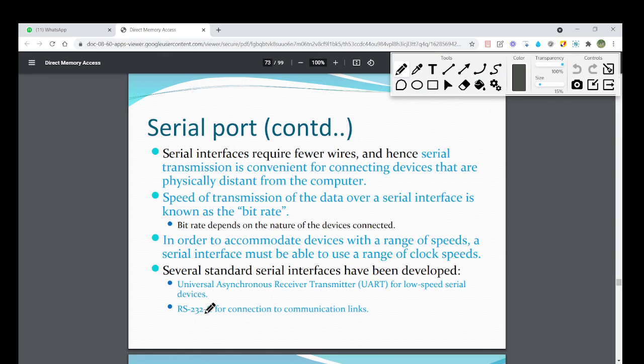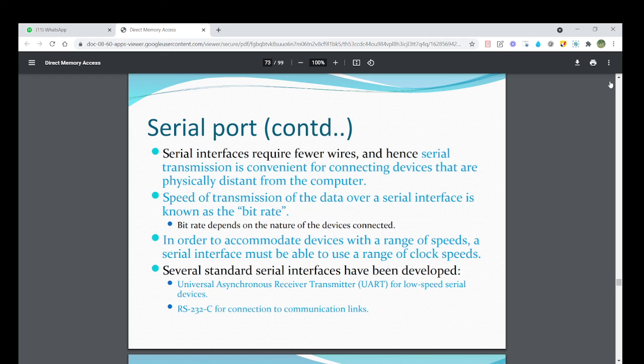Then we have one more interface called the RS-232C interface, which is used for serial communication. This is about serial interfaces and some examples of serial interfaces.